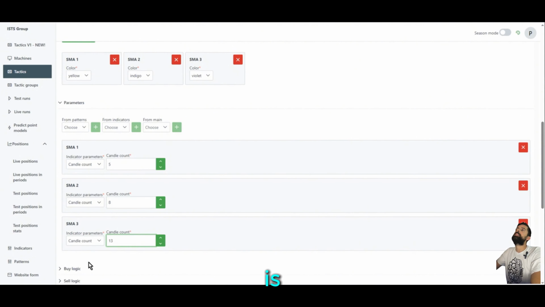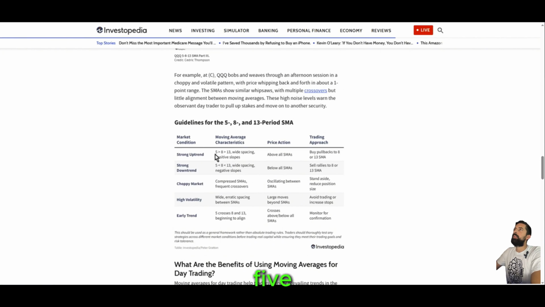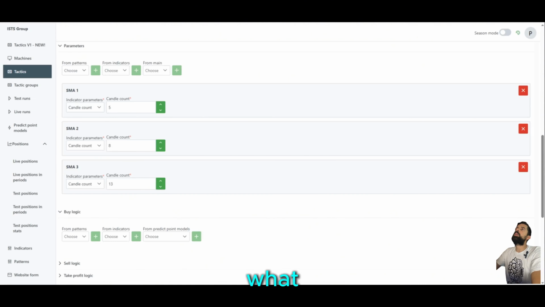Next up is the buy logic. So as we said here, we need the SMA 5 to be above SMA 8 and SMA 8 to be above SMA 13. So this indicates an uptrend, which means we want to enter a buy trade. This is what we are going to put in our buy logic. So let's say,